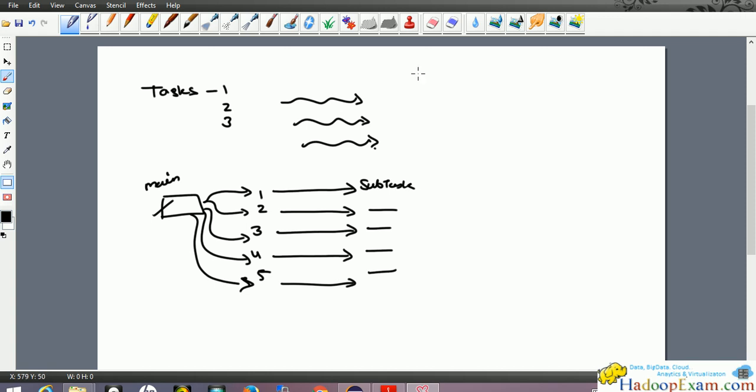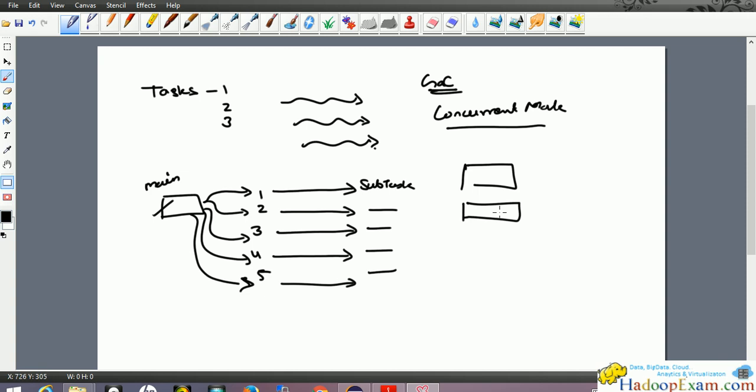An example is the garbage collection concurrent mark and sweep algorithm. What this GC does is, while your application is running, another thread is running in the background doing GC, and this is your application thread. Both keep running without stopping each other.